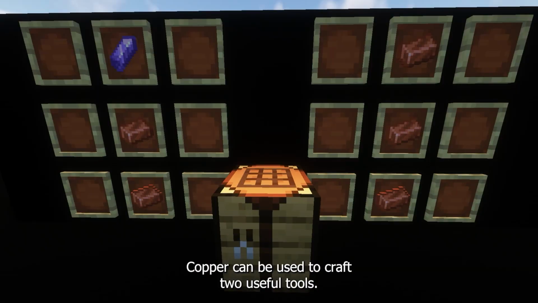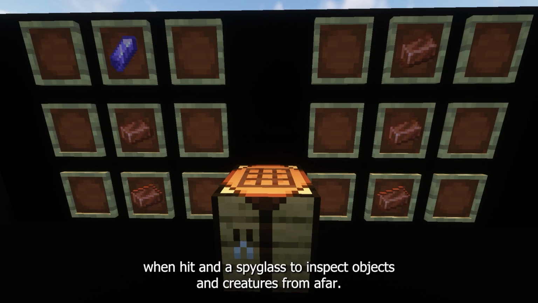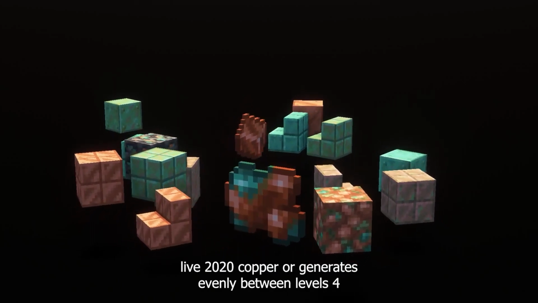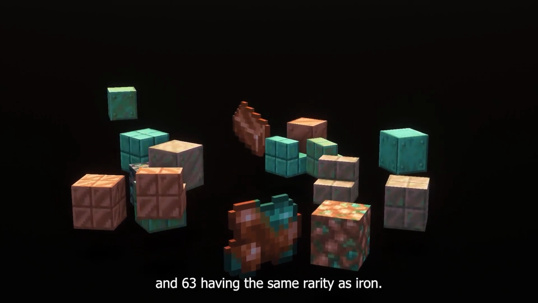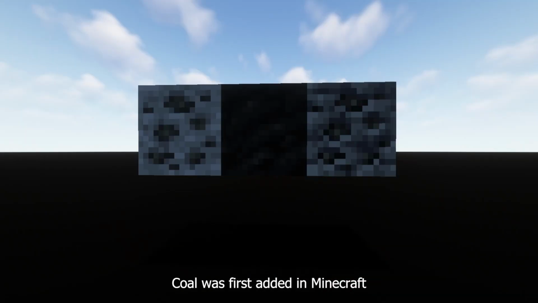Copper can be used to craft two useful tools: a lightning rod, which gives off redstone power when hit, and a spyglass to inspect objects and creatures from afar. Copper ore was announced at Minecraft Live 2020. Copper ore generates evenly between levels 4 and 63, having the same rarity as iron. Coal was first added in Minecraft Classic